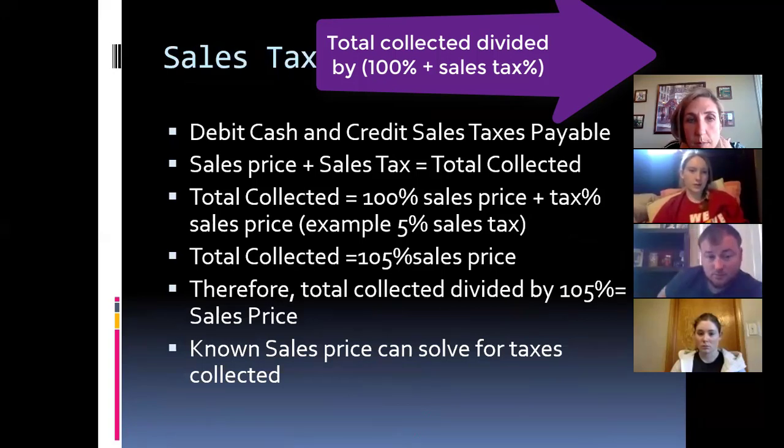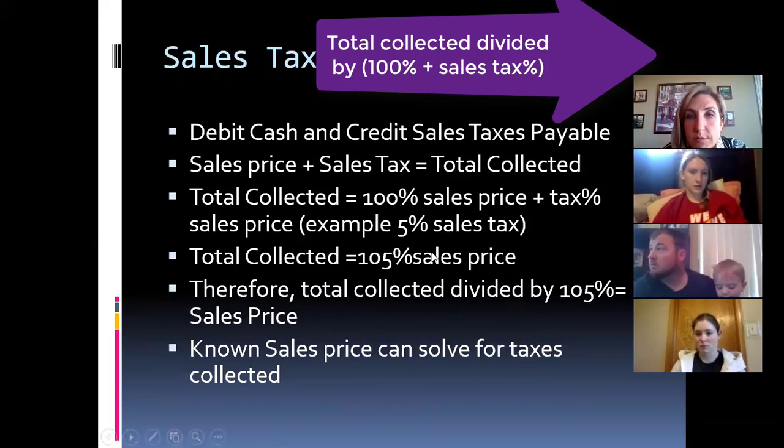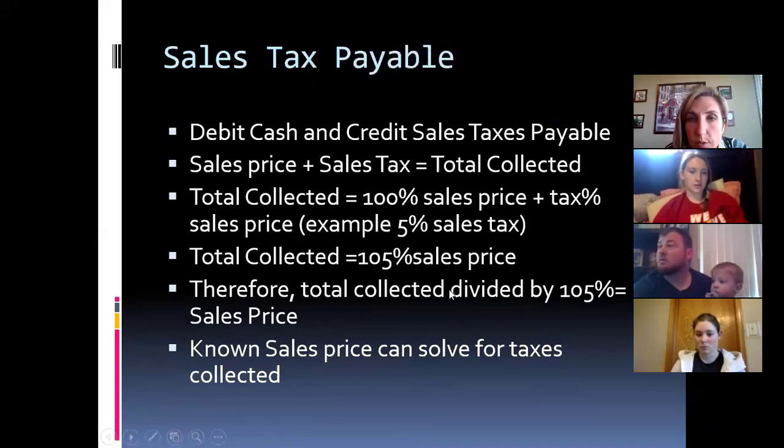But this is talking about if you were to collect a total amount from your customer, not saying that you charge them $10 for the product and then you add on sales tax. If you just charge them $12 total for the product and the sales tax, you have to back out the sales tax from that total that you've collected. So instead of it being a multiplication problem, it's actually a division problem. You will divide the total by 100 and whatever percent the sales tax is. I'll go over that too, but